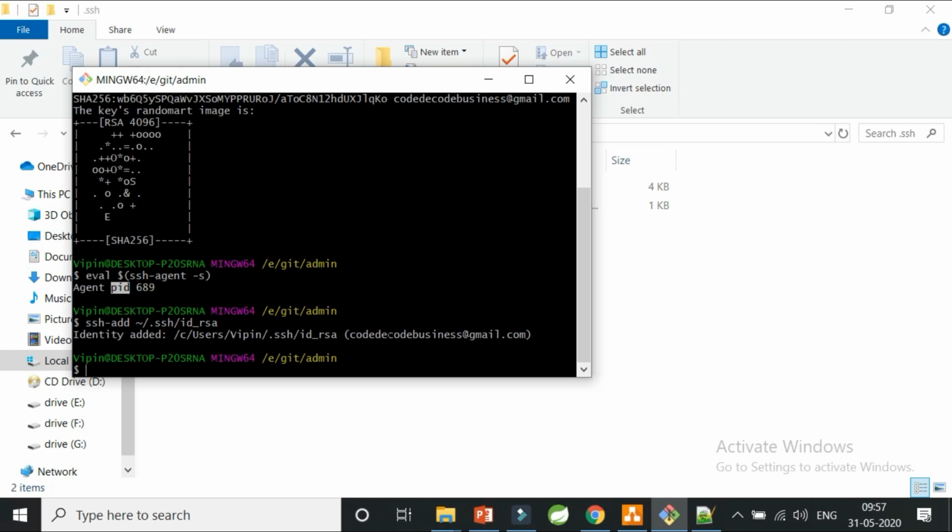So now I have authorized myself, that I'm good enough to pull or push to this particular user ID or Gmail ID generated at GitHub. This is how I made sure that the things which are in my local Git, using GitHub, I can put that data on the internet on GitHub.